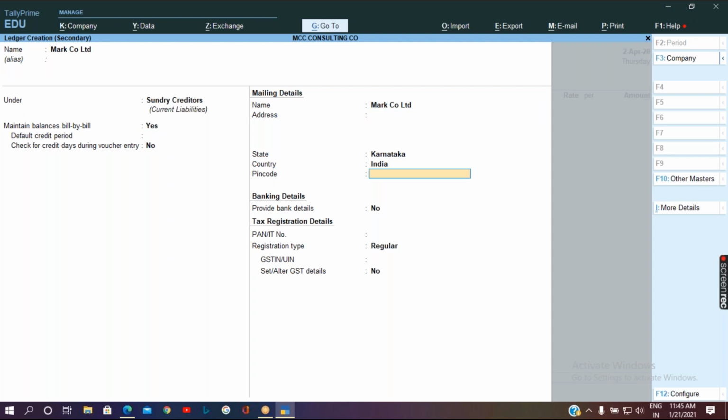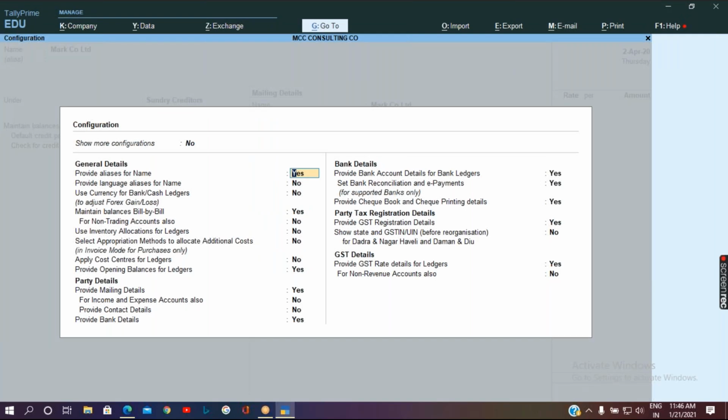Did we find the option related to cost center? No. In such a scenario, we will press F12. Here, under general details, you will have an option, apply cost centers for ledgers.